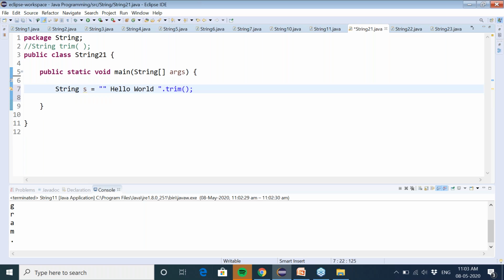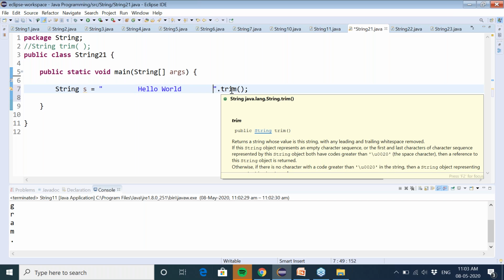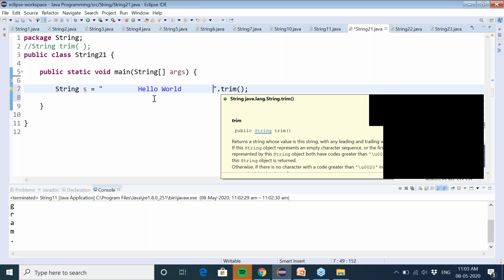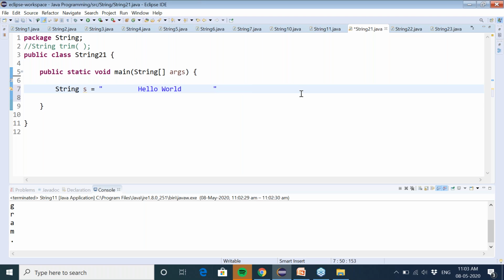For that you can use the trim function. What trim will do is remove the leading and the trailing white spaces from the string. So if I use two lines for this, one to initialize the object and with the other I am calling this trim function, s.trim you can call with that.